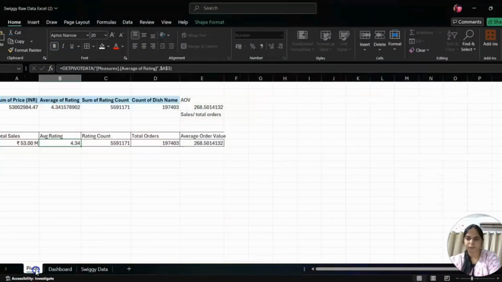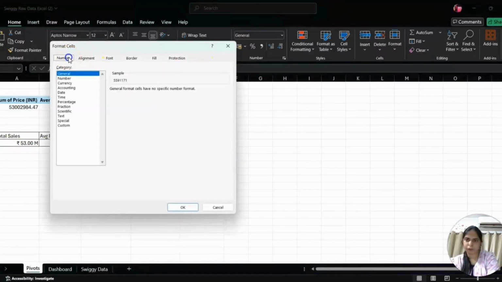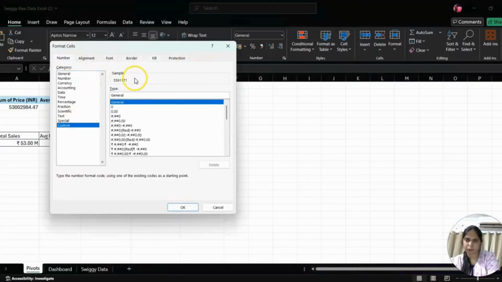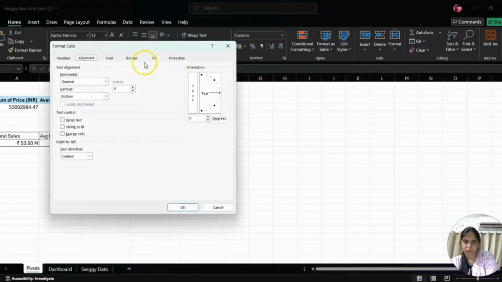So for the rating count, we don't want these currency symbols, we just want decimal. We'll go to custom again, and here we will write 0, comma, dot 0, 0, right? We want this, and then we will click OK. The rating count is 5.59, okay? And one more thing, we want it in million, so we will go to